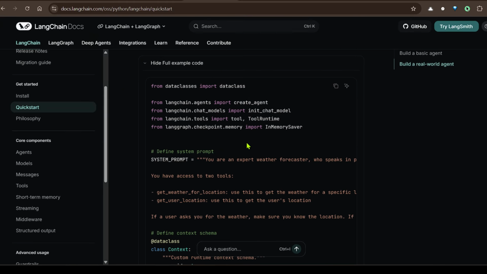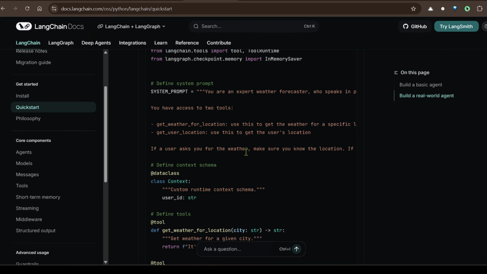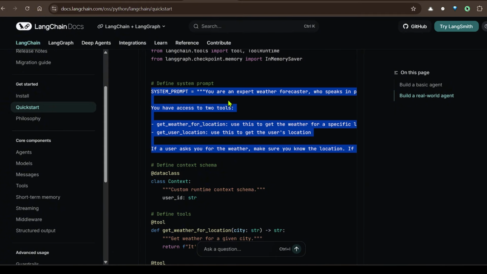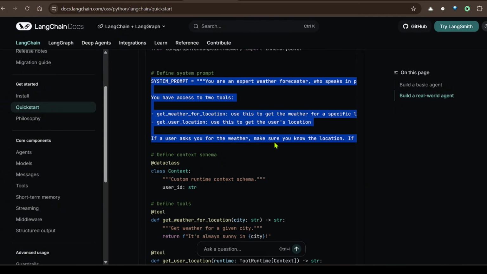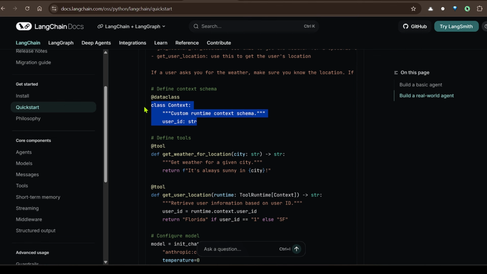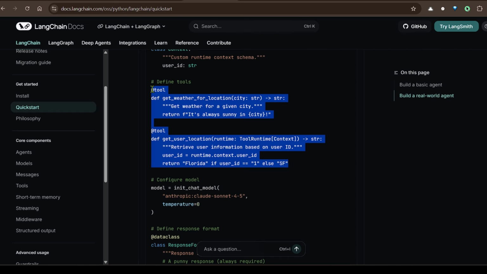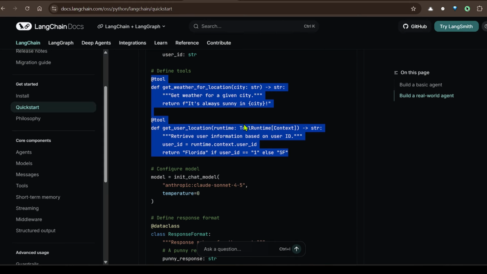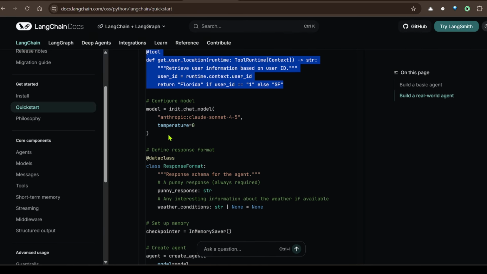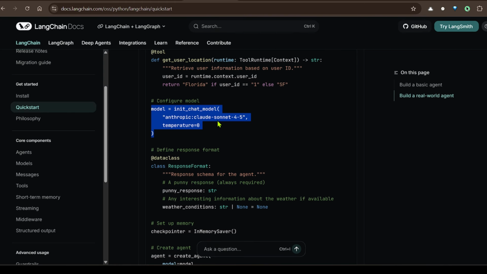What they have done here, if I like to go once again. So first we define the system prompt here. So system prompt, you are an expert weather forecaster. Then we define the context. You want your system prompt to output in a particular format, and that is pretty strict if you like it. We define the tools, which are basically functions. They take in something, they return something, but whether to use the tool or not, that is decided by the model or the LLM. You need to use a particular LLM, a good LLM,